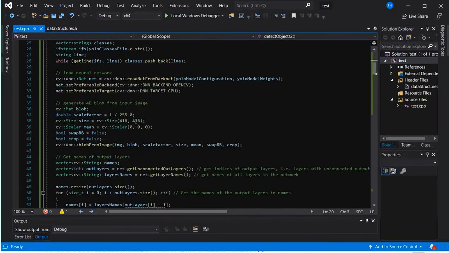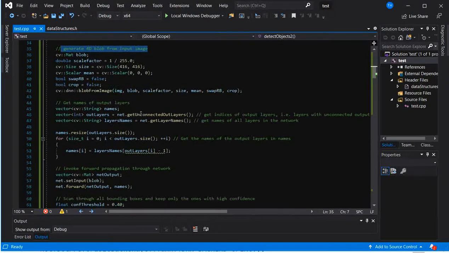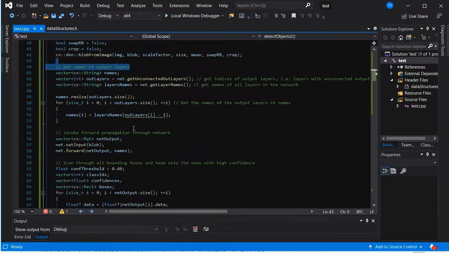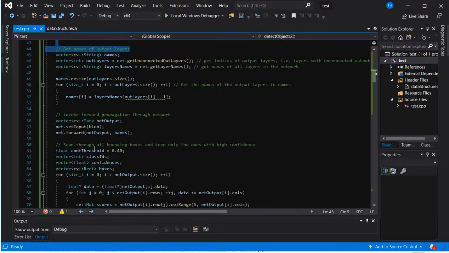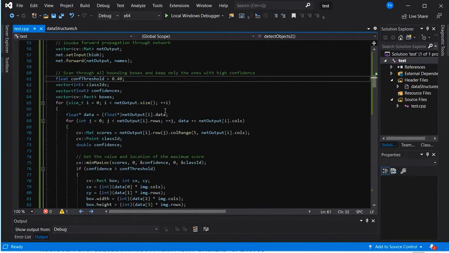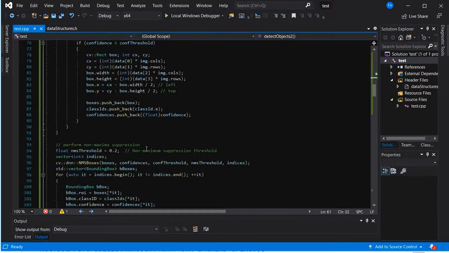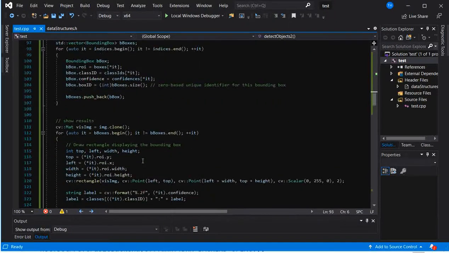And after that, we are loading the network. We generate a 4D blob from the input image right here, and then we get the names from the output layers, and then we got this. We scan through all the bounding boxes and keep only the ones with high confidence. Okay, and then we apply the non-maxima suppression